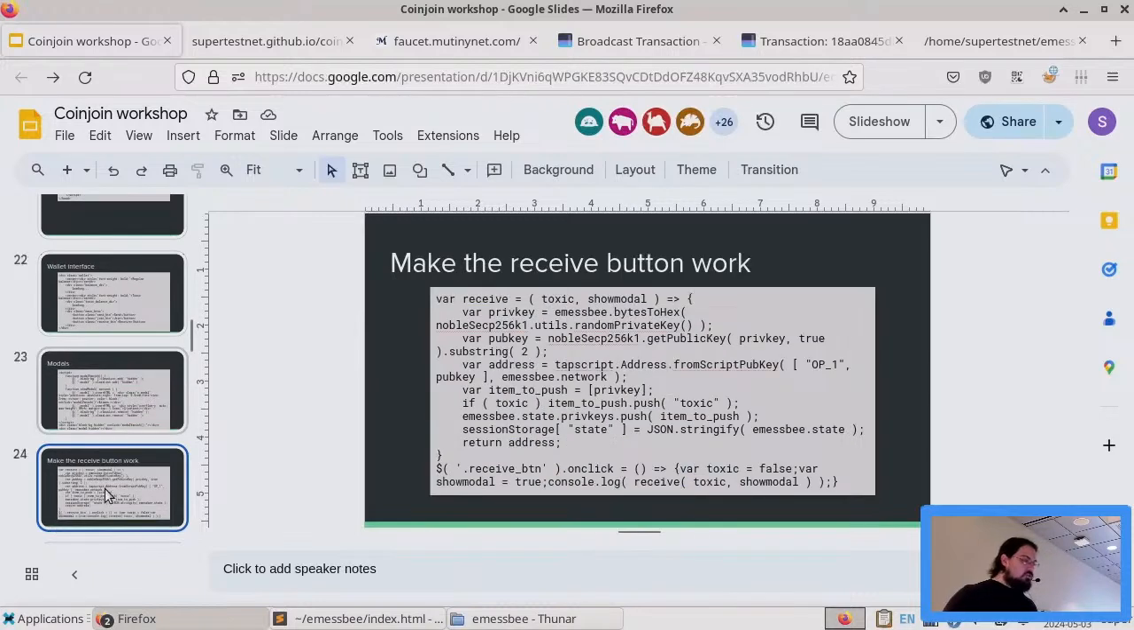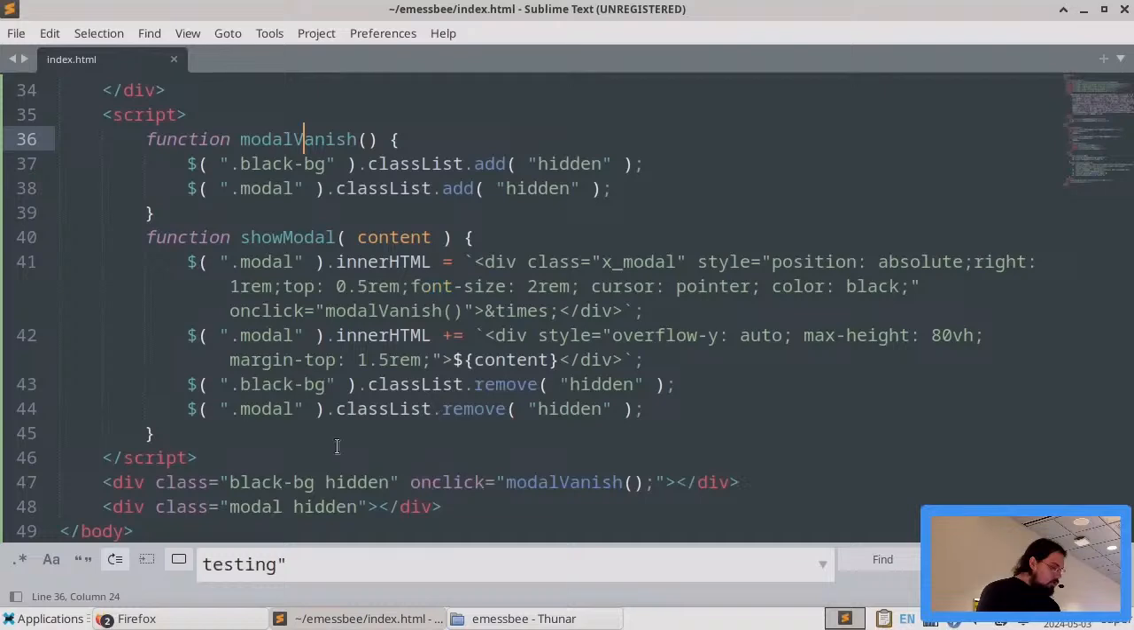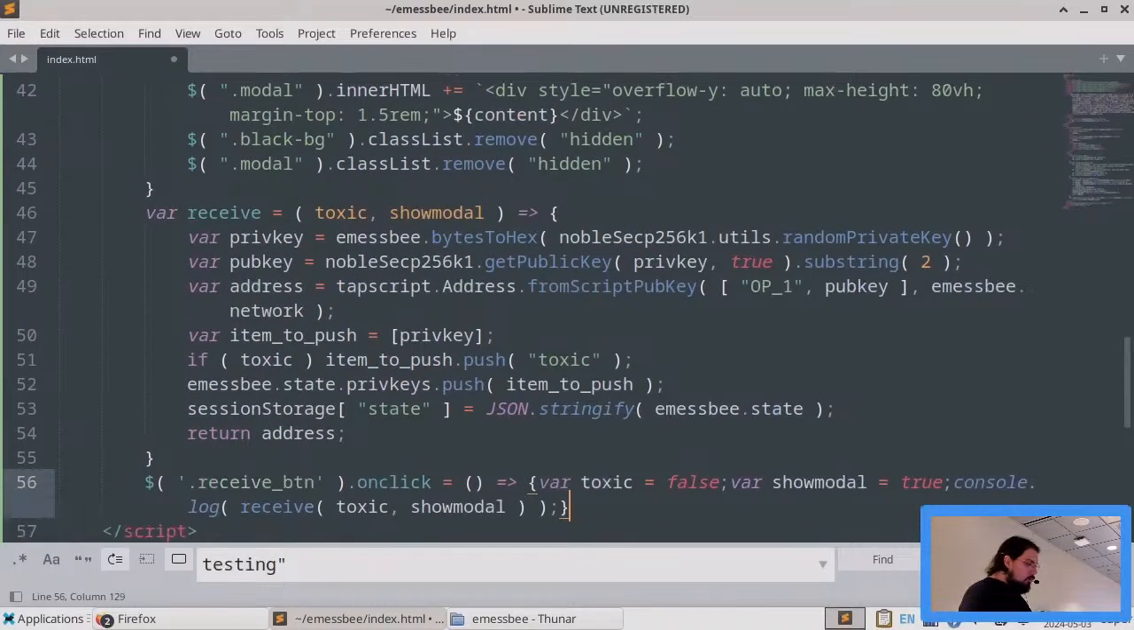The next thing we're going to need is to program our receive button so that it does something. All right, so let's take a look at this code. We're creating a function called receive. When we call the receive function, we use the MSB library to create a private key and a public key. And then we get a Bitcoin address. From that, we just turn the public key into a Taproot address, because in Taproot we send directly to a public key. So that's good. And then we push the private key to a little object that I call state,